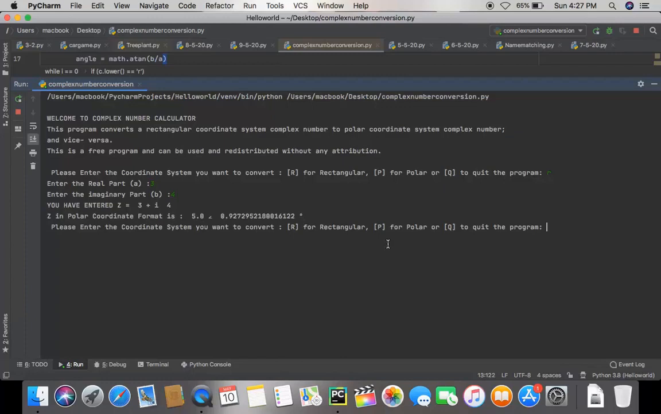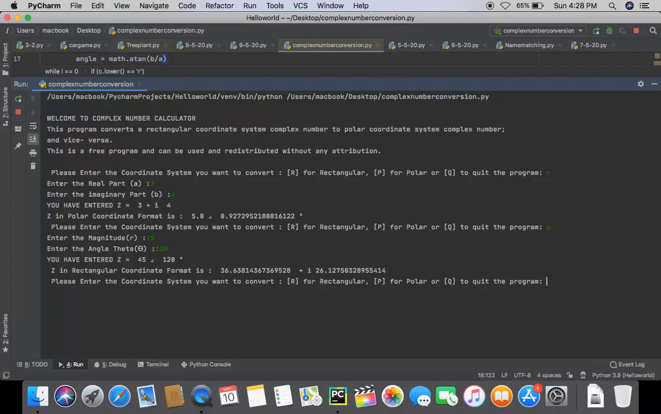Alright, so again it gets to the prompt where it asks you to enter your choice. So enter P this time, enter the magnitude R, which is, let us say, 45, angle is, let us say, 120, and you have entered Z as 45 angle 140, and it converts that Z into a + bi format, which is 36.63 + i